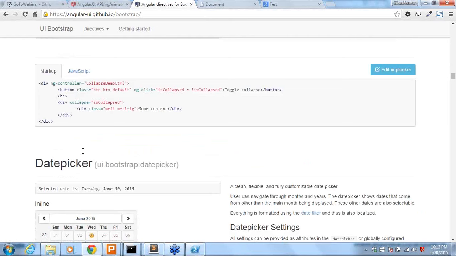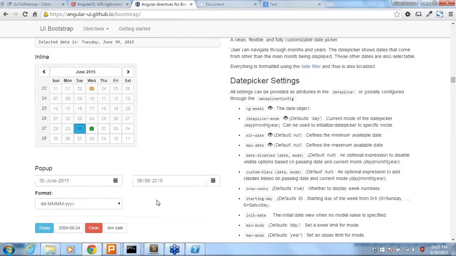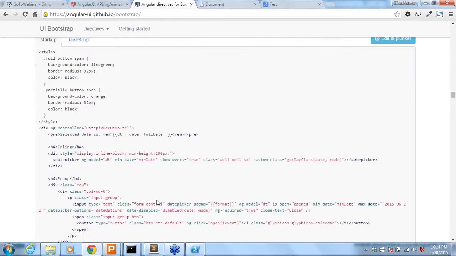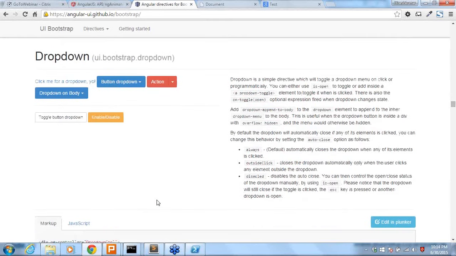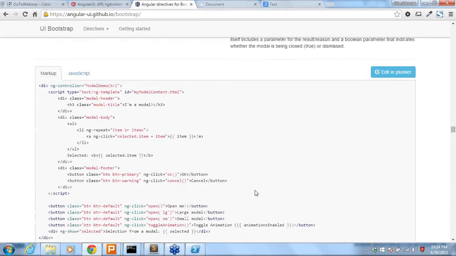Mostly, if you ask me what the useful stuff is, one is the date picker. This is really useful in UI Bootstrap, because if you are making any kind of calendar, instead of searching for third-party modules, you can use UI Bootstrap. The next one is modal, because without a modal you can't build any web application. If you want to get information or show information to the user, we can use the modal. That is a really good way of showing information. Whatever functionalities the modal has are displayed right here. It is well documented, and Angular UI will give a rich look to your web application if you include it with your Angular applications.